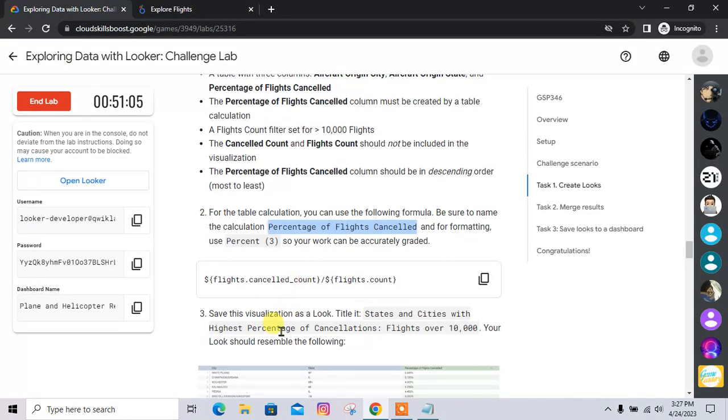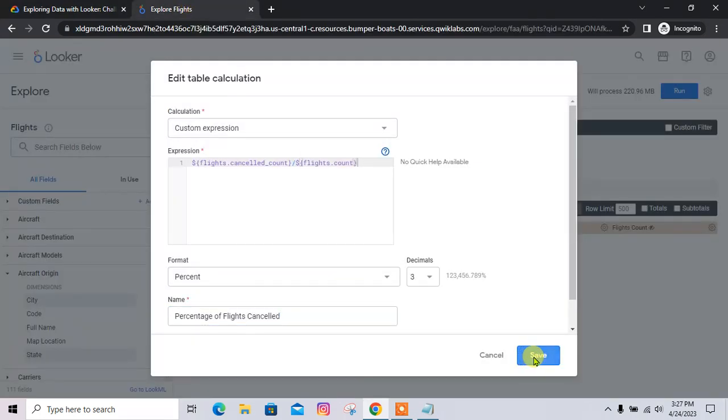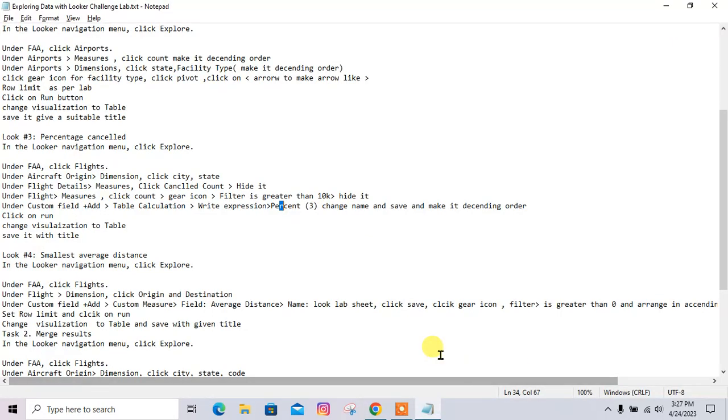Perfect. And this is the title for saving the visualization. So let's copy this title too. Now click save, and once it is saved,